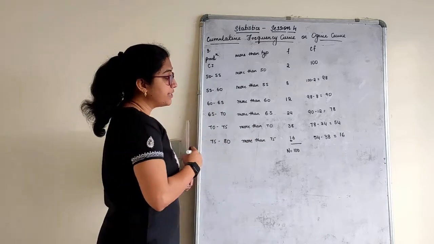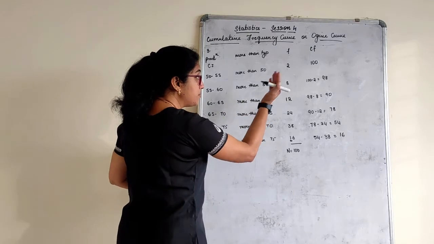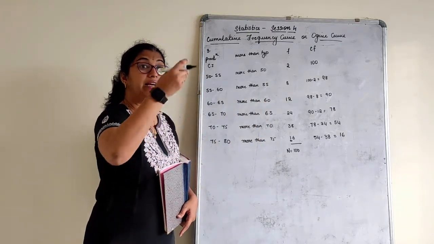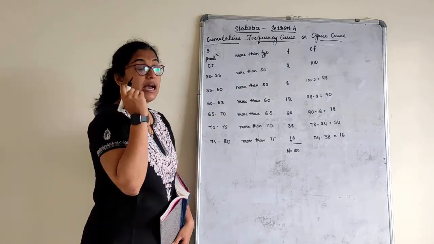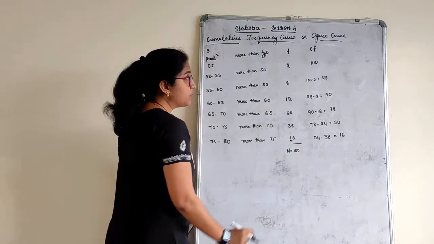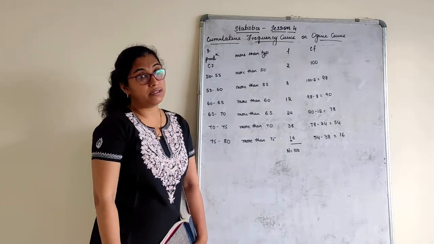I repeat, what we do is, we take the first score, 100. We subtract it from the subsequent frequencies. What cumulative frequency score you get, that score minus the subsequent frequencies we go on subtracting. And we see that our last score is nothing but the last frequency score what we get. This is a frequency for more than type.